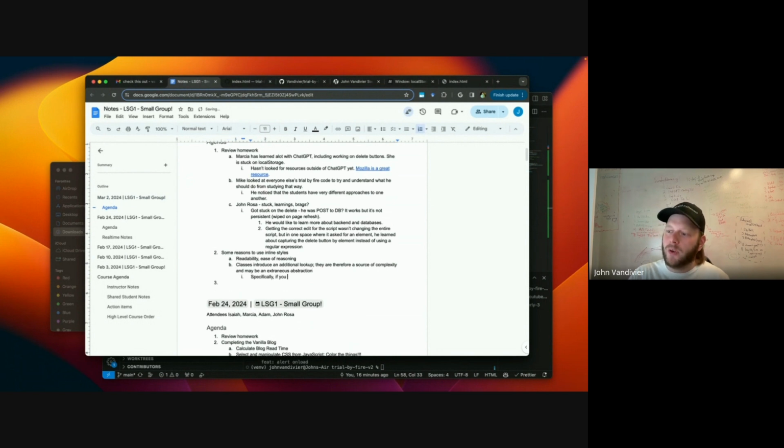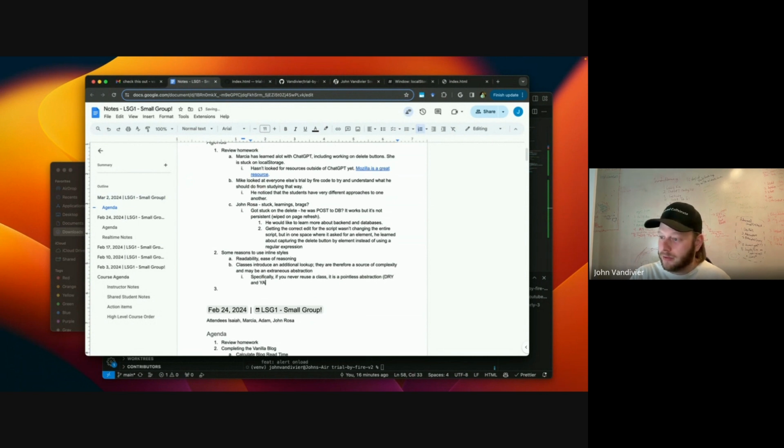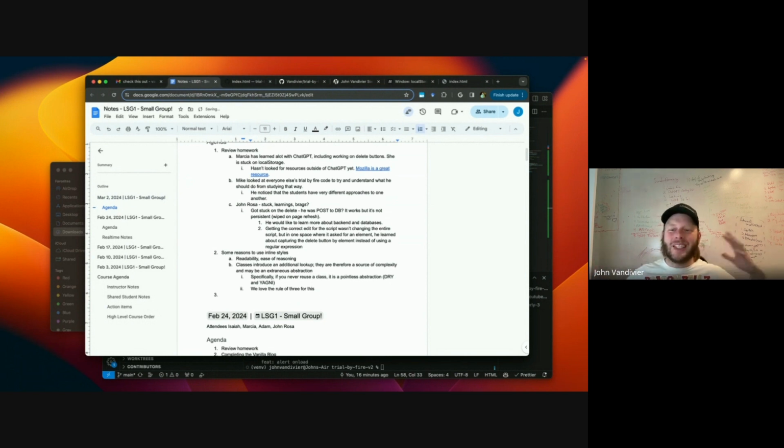Specifically, if you never reuse a class, it is a pointless abstraction. So we love the rule of three for this. If I had three different things that I wanted to be background blue, at that point it makes sense to make a background blue CSS class. If there's only one thing that's ever going to be blue, why am I making a class? Just call it blue.